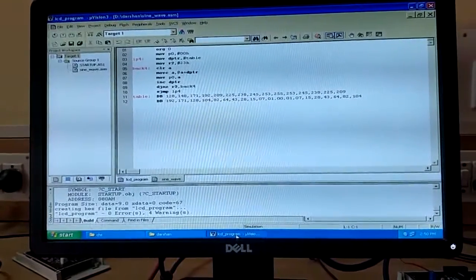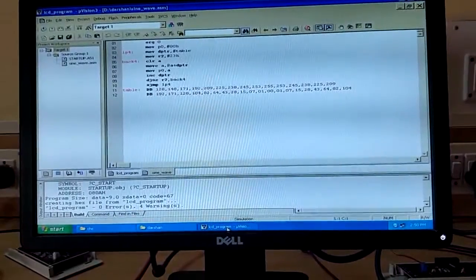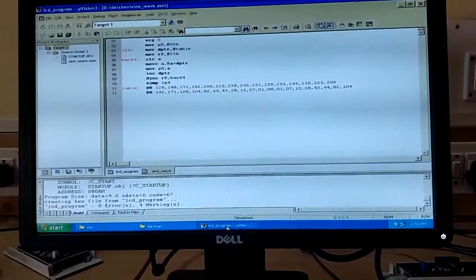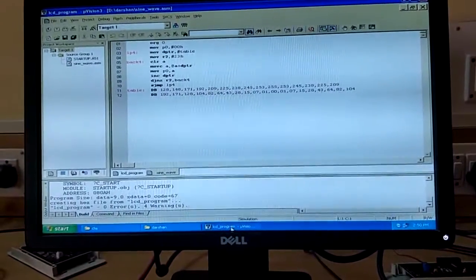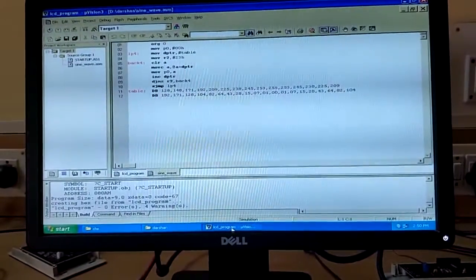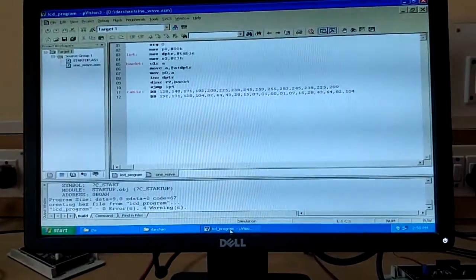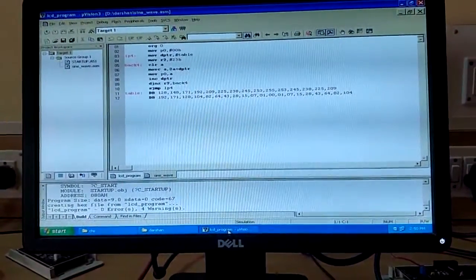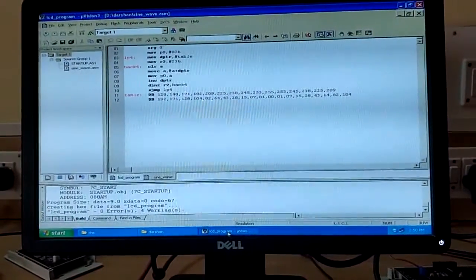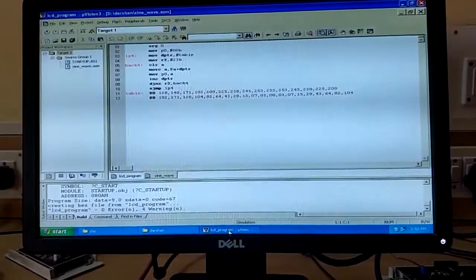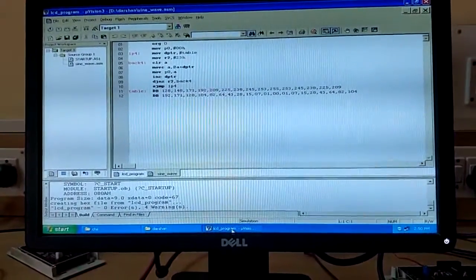Hello students, now I am going to explain the sine wave DAC program. Using the DAC, we are going to convert the digital value into an analog value. As I already explained the programming part, now I am going to show how to flash the binary file of the program to your microcontroller and how we are going to interface the DAC with the 8051 microcontroller.